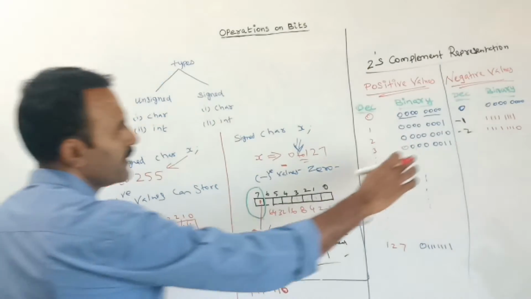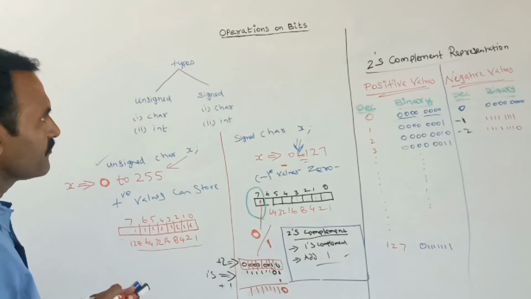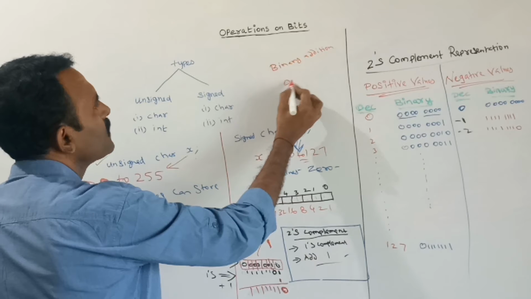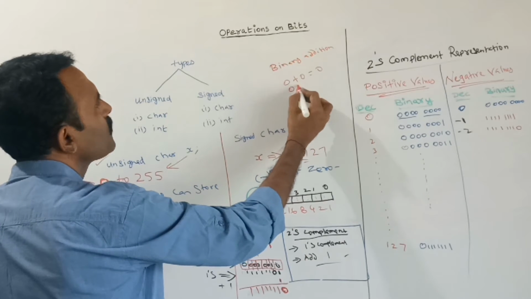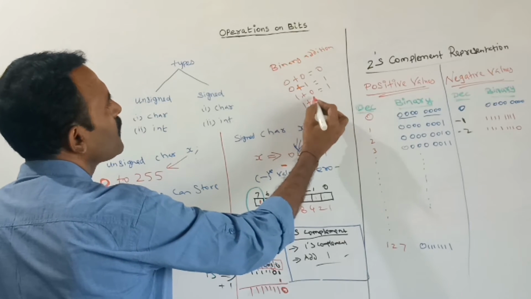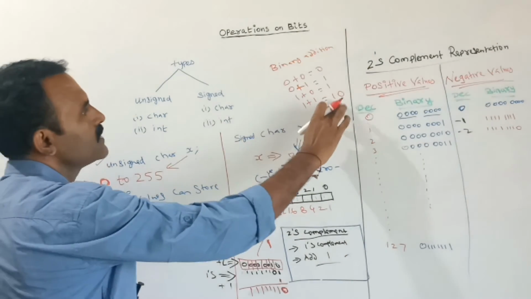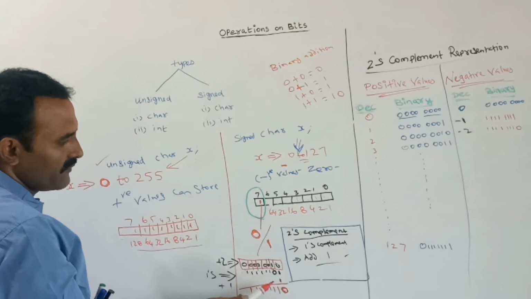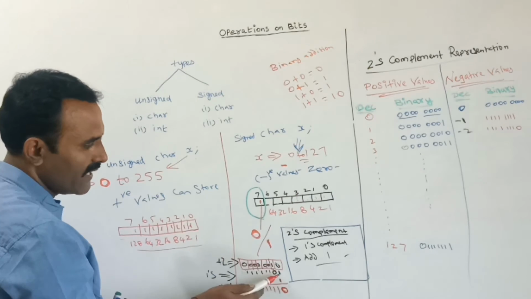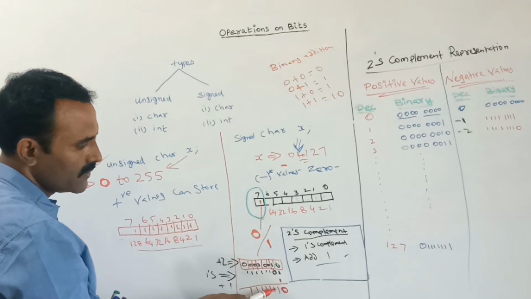This is the binary value of minus 2. See, this is binary addition. This binary addition you should know. For binary addition: 0 plus 0 is 0, 0 plus 1 is 1, 1 plus 0 is 1, 1 plus 1 is 1 0, that is 10. This is the answer. So when we are adding 1 and 1, the result is 1 and 0, so we should put 0 here. Next this value 1 will become the carry. So here 1. Now here 1 plus 0 is 1.